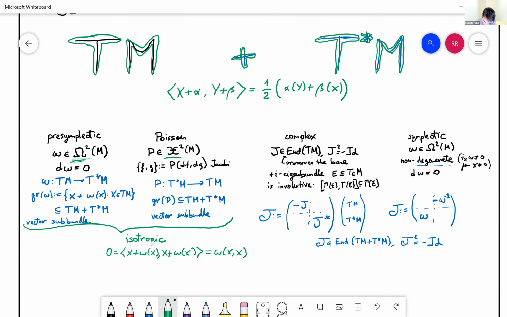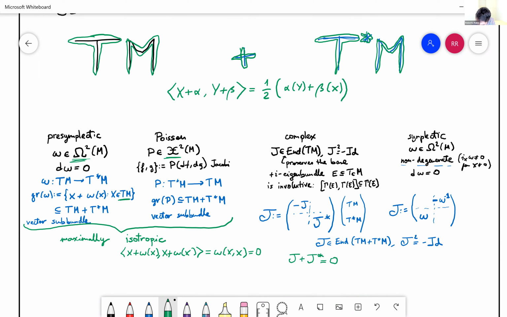Any vector with itself is 0. So this is isotropic. But it also has the right dimension because here I have Tm. So this is actually maximally isotropic. And on the other side, these operators, these endomorphisms J, they satisfy that they are skew symmetric for this